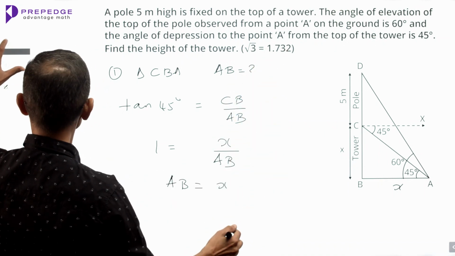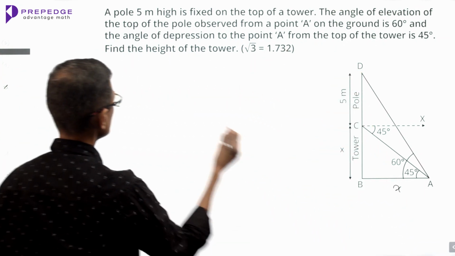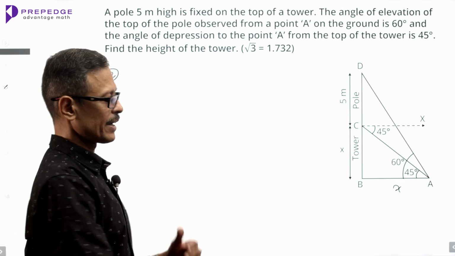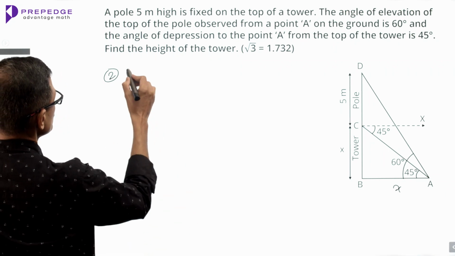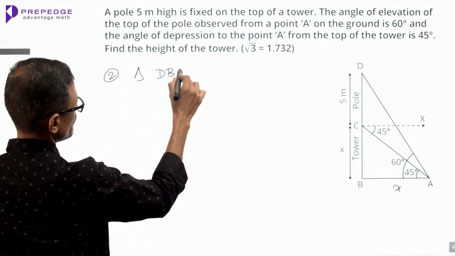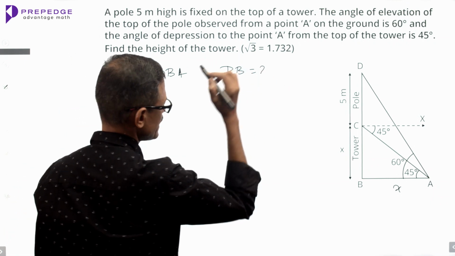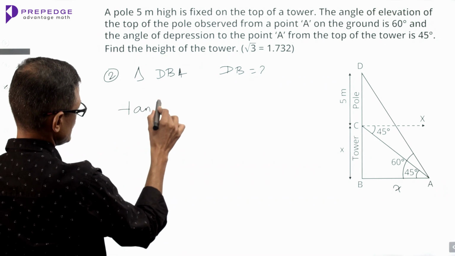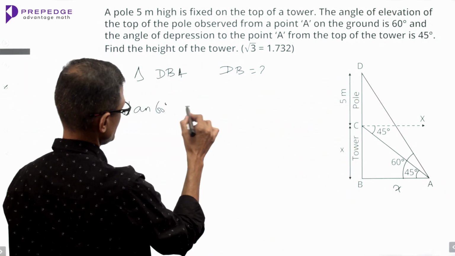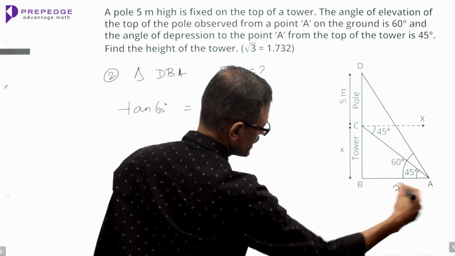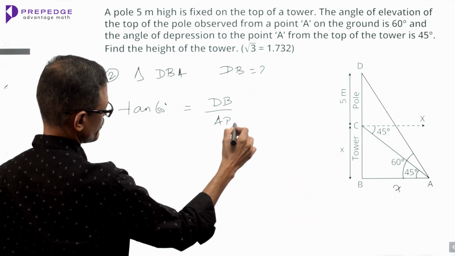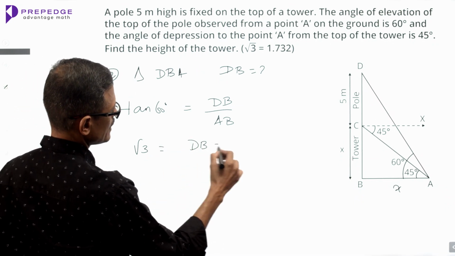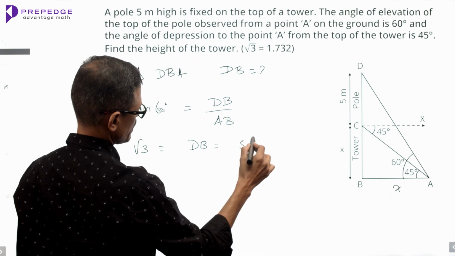இதுவும் x னு வந்துருச்சு. Second step la we are going to find out DB. இது x னு வந்தாச்சு. Step 2: DB எவ்வளவுன்னு கண்டுபிடிப்போம், அப்ப கண்டுபிடிக்கும் போது x சால்வ் ஆயிரும். So this is the step in which we will actually have the answer. We are going to look at right triangle DBA, we are going to compute DB in it and therefore get the value of x. Angle is 60 degrees, so tan. ஏன்னா நம்ம கண்டுபிடிக்க போற DB is the opposite side, நமக்கு தெரிஞ்ச value in terms of x is basically the adjacent side. tan 60 is equal to root 3 is equal to DB ஓட வேல்யூ, 5 plus x or x plus 5 னு எழுதிக்கலாம்,